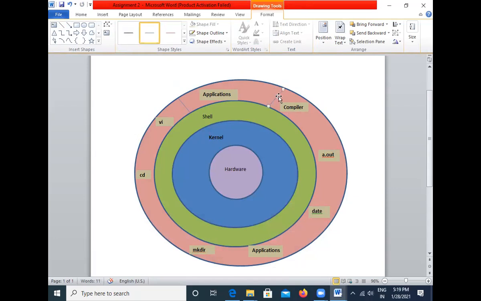And again, if you want to copy these lines, select this line and say Control D and just place it here like this. Now if I want to have it in this way, I can change the direction of this line.